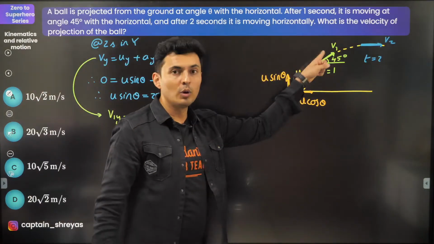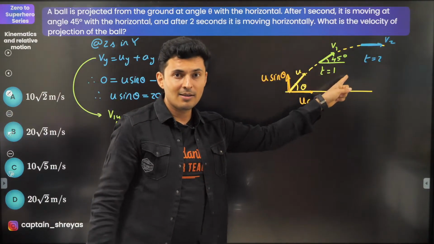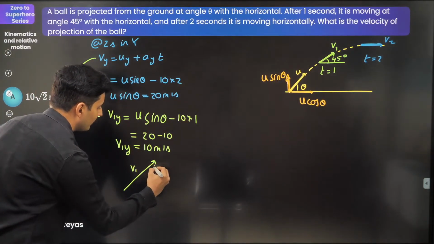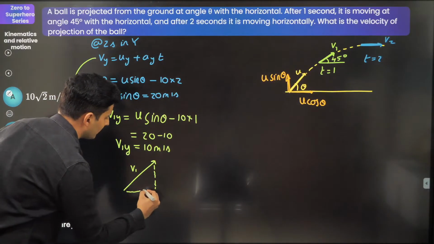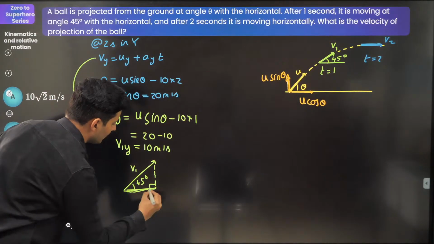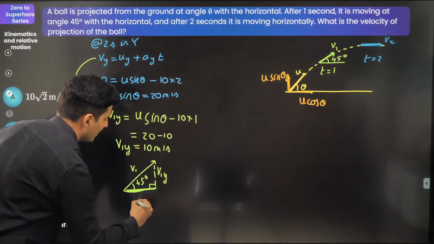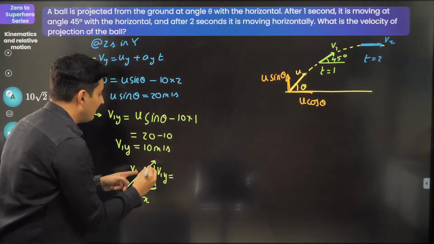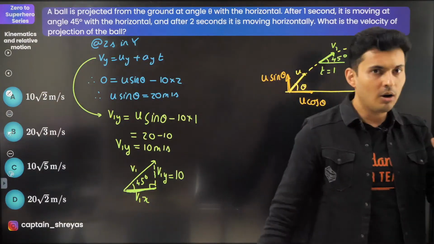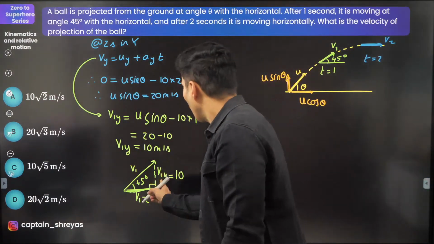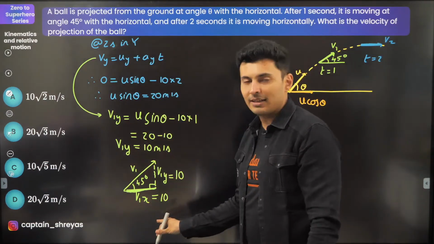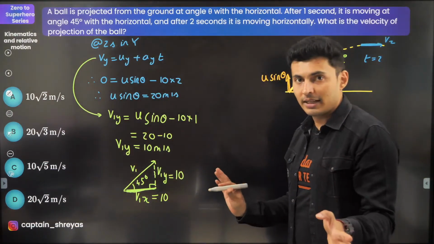If you look over here, this is a special angle, 45 degrees. So technically speaking, if v1 is here, this is the vertical component and this is the horizontal component, and this is 45 degrees. If this is v1y and this is v1x, and v1y is 10, how much will be v1x? Think about it. Obviously 45, 45, isosceles triangle, this will also be 10. Everybody understands this? v1x will also be 10.